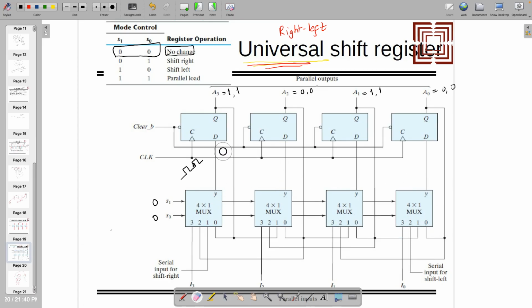Let's look at the condition when 0 1 is there. This is 0 and 1. So what will happen? See which input will be selected. The first one, right? So on first, I am giving some input here. Just look at that carefully. So if I am feeding here 1, right? So this one, let's feed 0. So a different value than the previous one. So this is 0 over here, right?